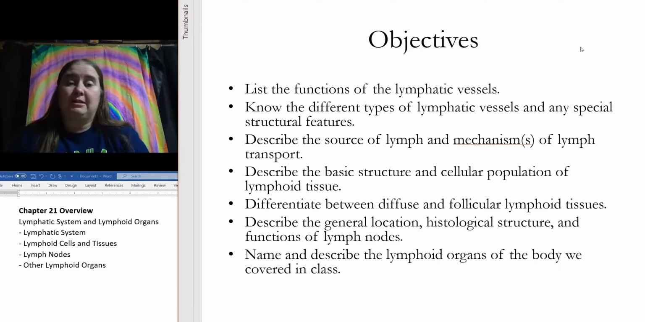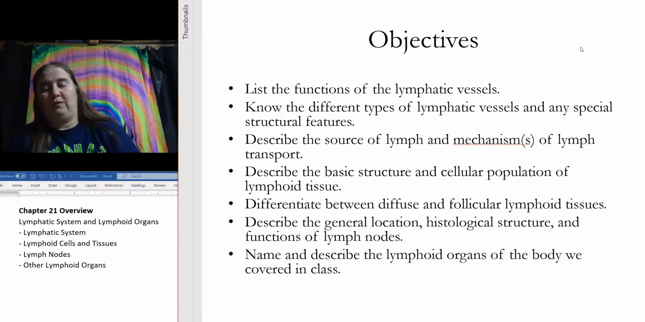So the objectives list is here again. Probably the shortest objectives list you guys have had in AMP1 and AMP2, but a nice short one for you. So make sure you are looking over the objectives for the quiz that is going to correspond with